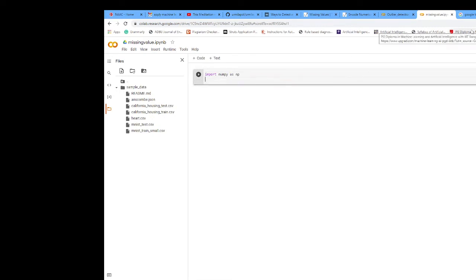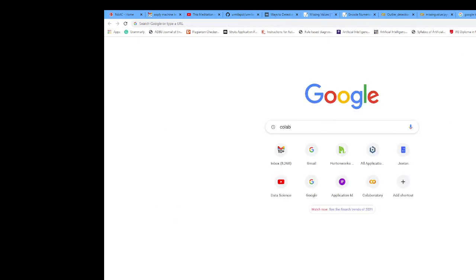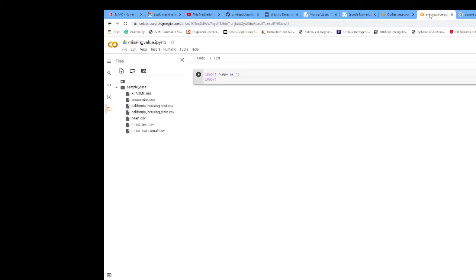Then another import, pandas as pd. How to execute these statements? Execute this. It has successfully executed.